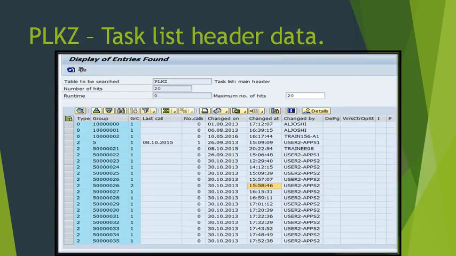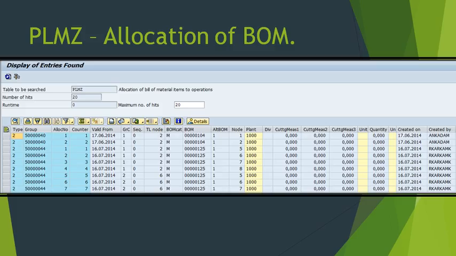PLKZ, it's the same as PLKO, it is also used to store the task list header information. PLMZ is used to store the allocation of bill of material to the operation information. So whenever we are creating it, we need to assign the bill of material to the operation, and this PLMZ table is used to give information related to the allocation of BOM to operation.